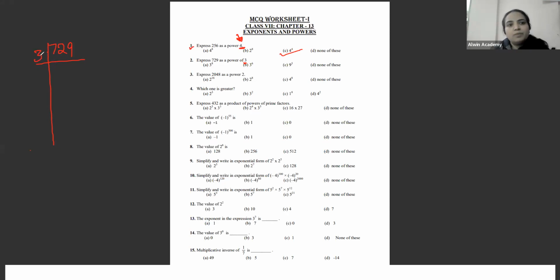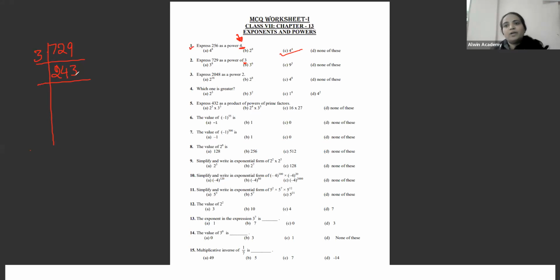So 7 divided by 3 means 6 divided by 3. So that will be 2 and 1 remainder will go to 2, making it 12. 12 divided by 3 is 4. 9 divided by 3 is 3. That's 243. Now again check if it is divisible by 3 or not, because it is not an even number,